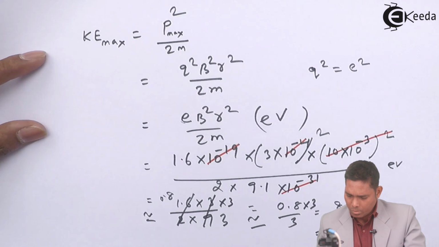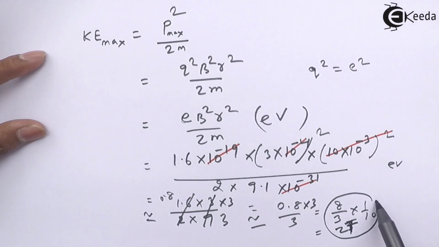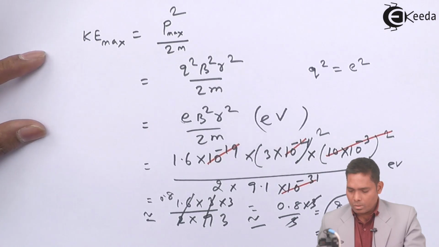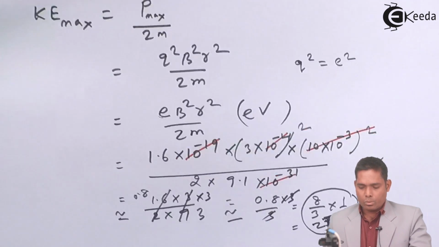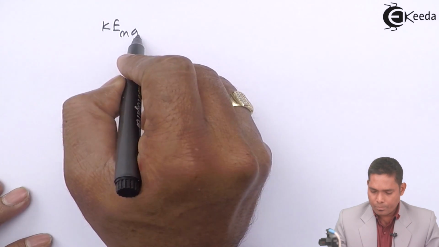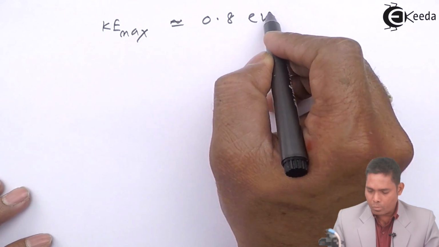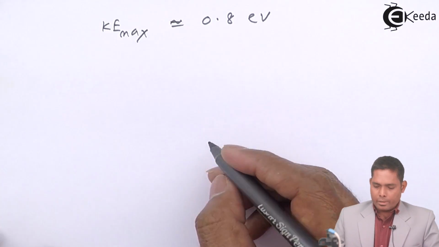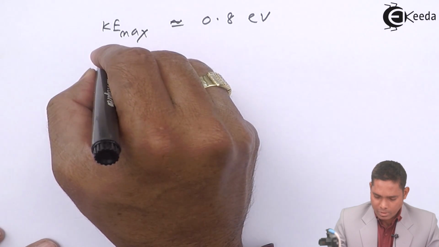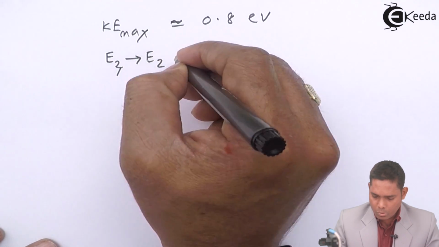So if I look at this, it is approximately 0.8. So this is not required at all, and this will cancel out 0.8. On the next page you can write that the maximum kinetic energy comes out to be approximately 0.8 electron volt, and the transition from E3 to E2 gives